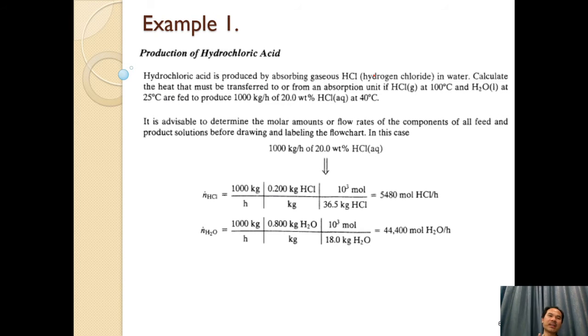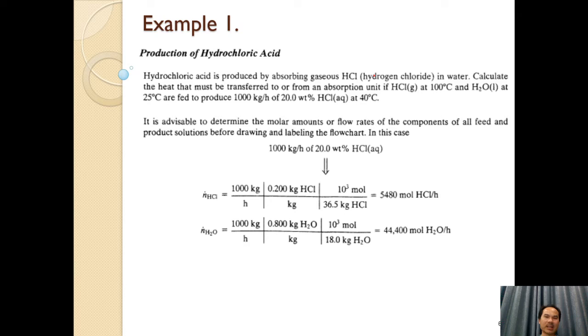Okay. For example, for this case, we produce hydrochloric acid. The hydrochloric acid is produced by absorbing gas HCl, hydrogen chloride, in water. Let's calculate the heat that must be transferred to or from an absorption unit. For this case, we don't know whether the heat will transfer from the unit to the environment or from the